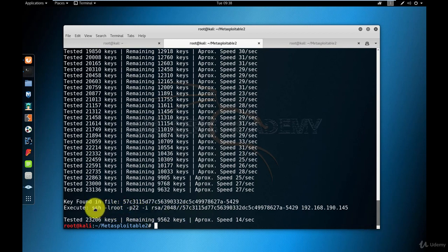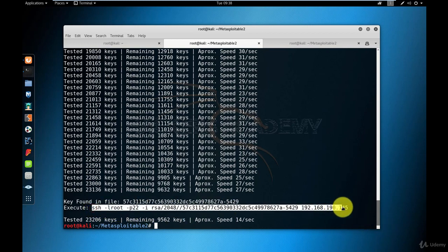And here's the command. It's ssh -l root, which says use the username root please, log in as root, -p 22, which you should have guessed by now is port 22, -i specifies what key I'm going to be using, and towards the end is the IP address of what I want to log into. So I'm going to copy paste this,